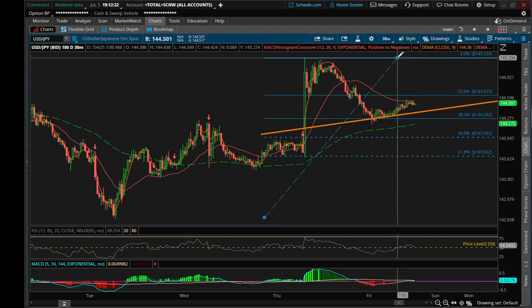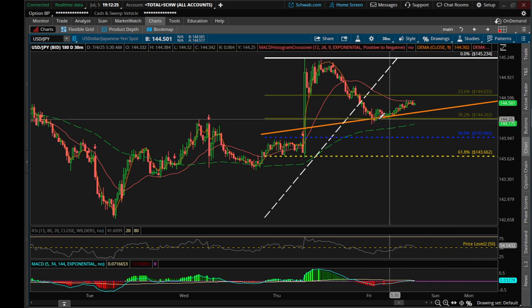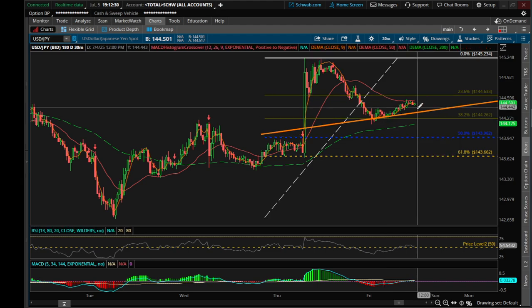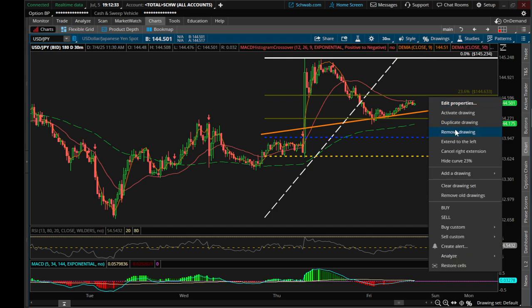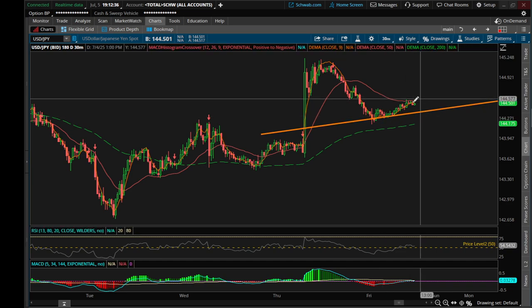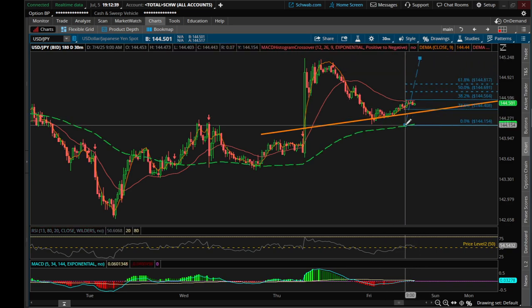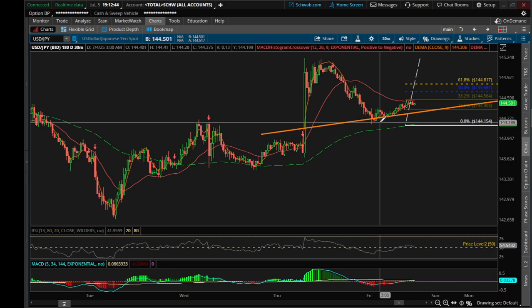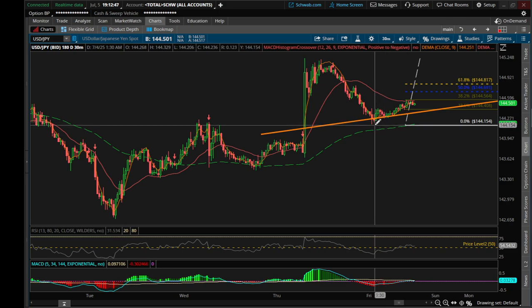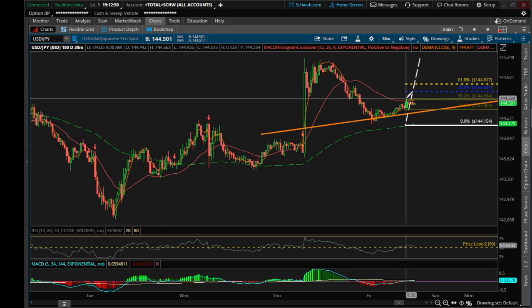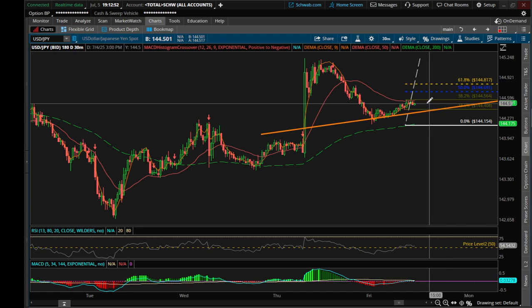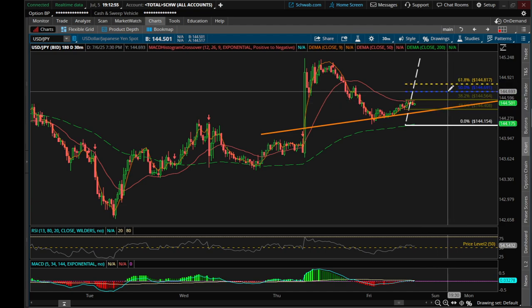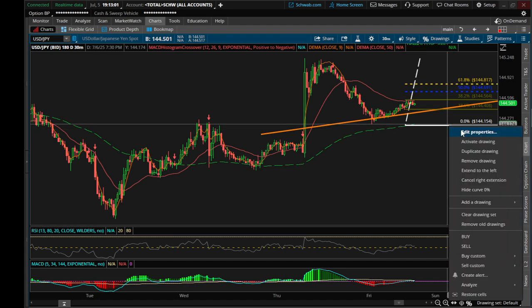Let's get the correction. Correction right here is at 38.2. Let's see what this correction is. 38.2 also. So maybe you can start in here. Let's say A, B, C for a bigger A. Maybe we go sideways for a little bit, go higher up to 144.76, and then we come down to hit